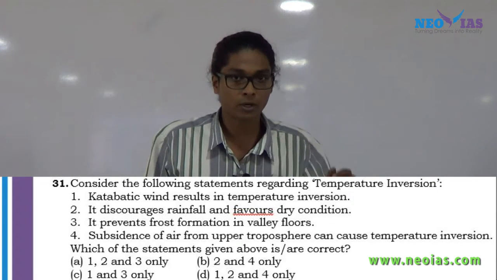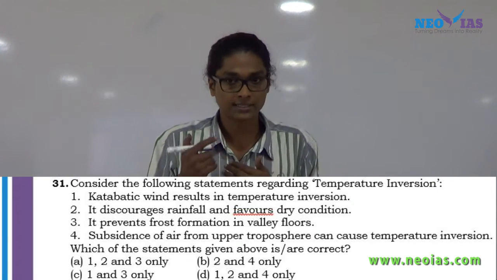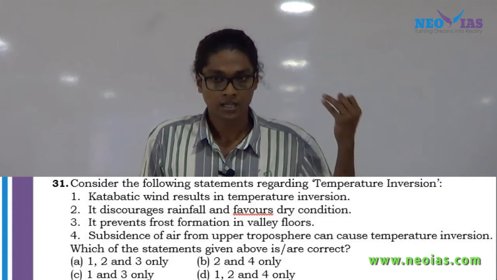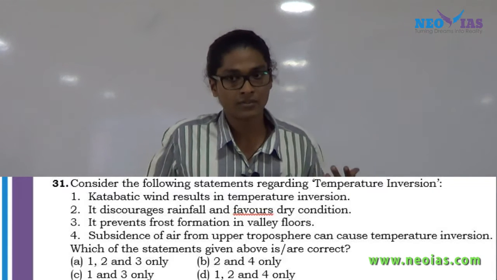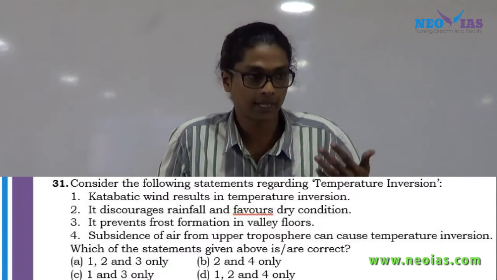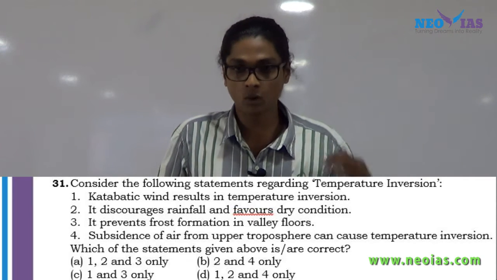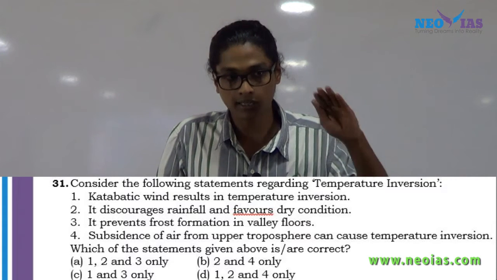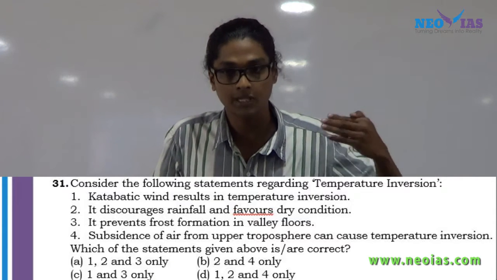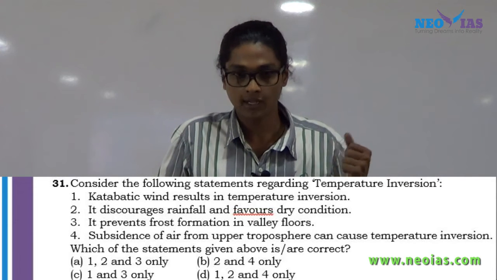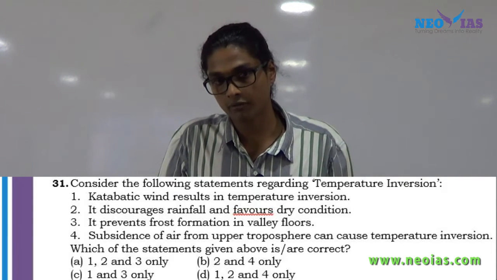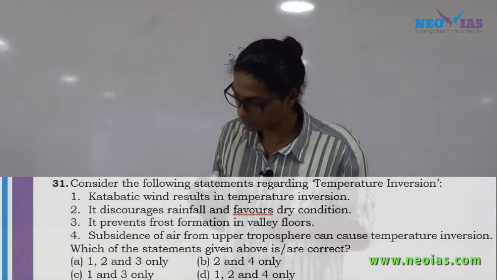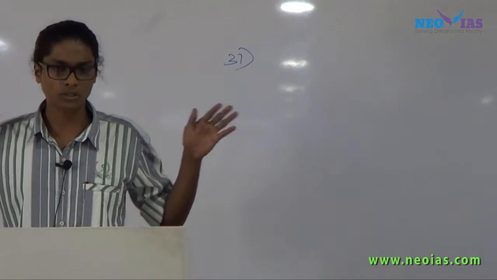Again, when we were discussing temperature inversion, we discussed how the temperature inversion can be formed. We discussed air drainage. We discussed temperature inversion taking place in polar regions, temperature inversion taking place in a long winter night, all these things, right? What you should understand is katabatic winds are nothing but another term used to represent air drainage. Okay, so the katabatic wind will result in temperature inversion. Should I explain that? Any doubts?